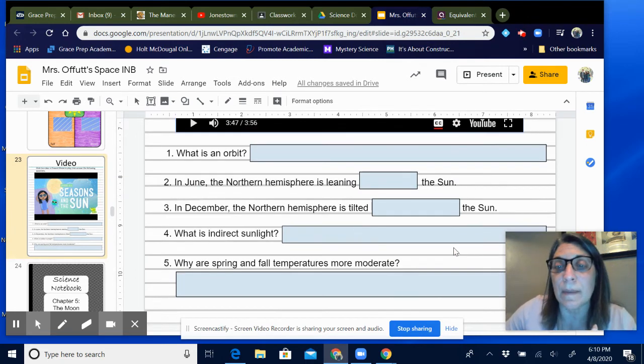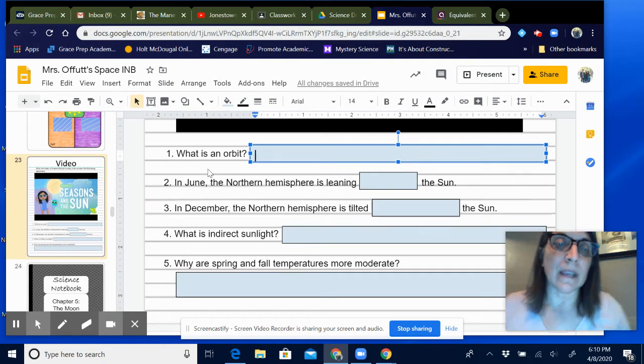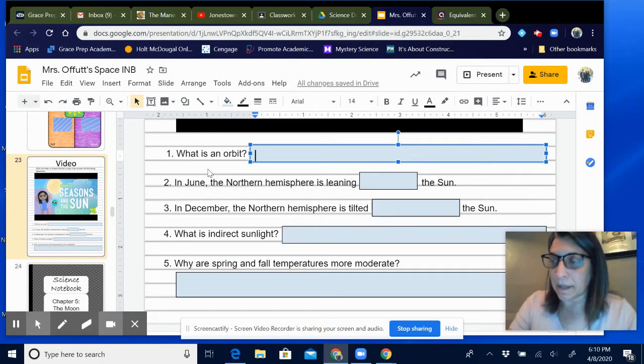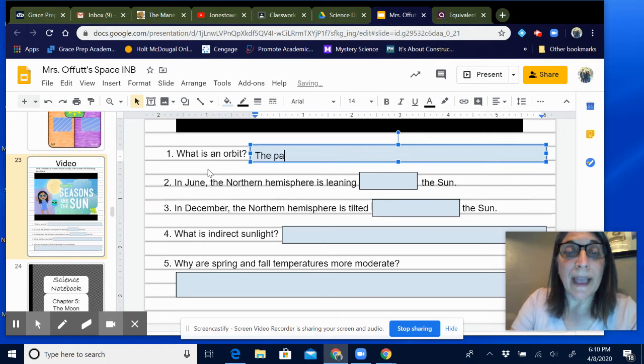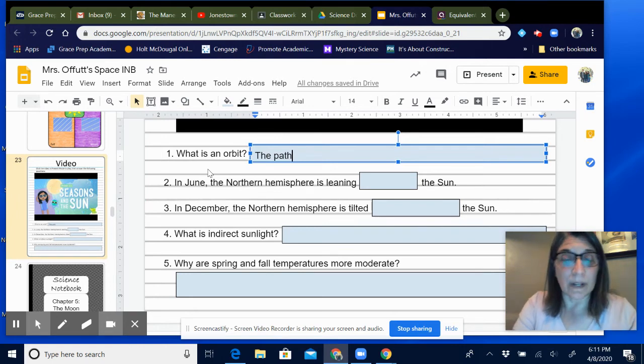So I actually just wanted to talk about these answers, and I'm actually gonna type them right in. So you know when you click on these boxes, you get a little text box that is already there. And then kind of double click, you get a cursor there. So it says, what is an orbit? And so I'm gonna type in, it's the path. You can jot this down and go back and add it to your interactive notebook once we're done with this video. The path an object